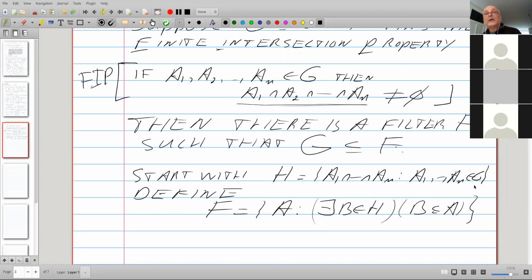If I have two members from H, then their intersection is in H as well, because one of them is the intersection of 10 members of G, the other of 20. So the intersection comes from 30 members of G, and there you have it. What we're lacking is X and all the supersets of members of H. Well, we simply stick them in, and automatically X will be here.